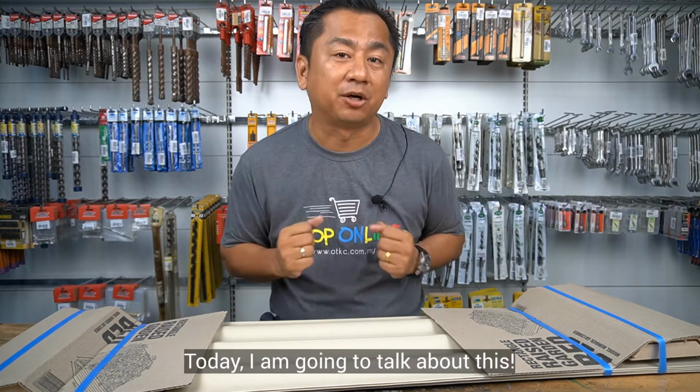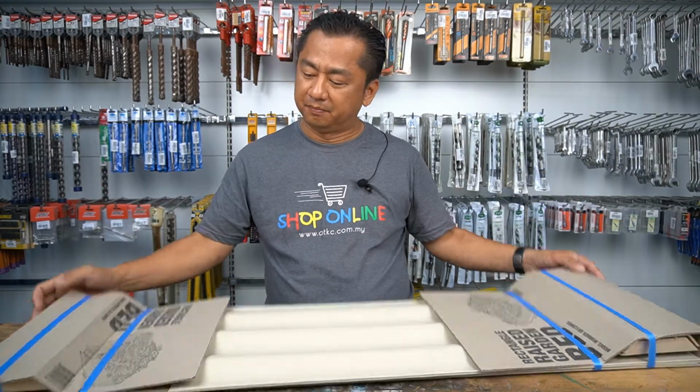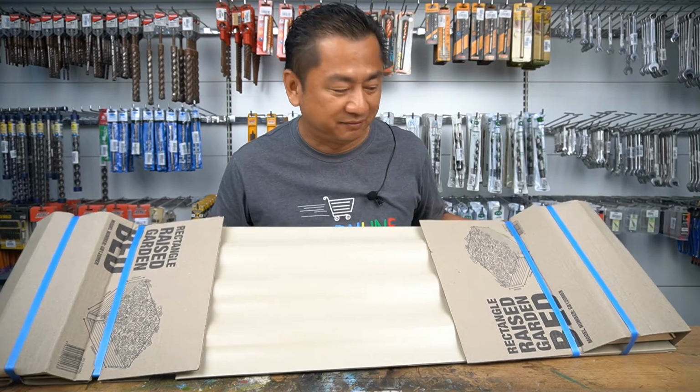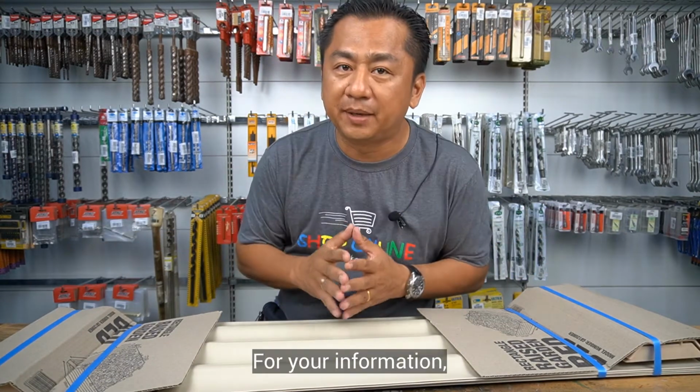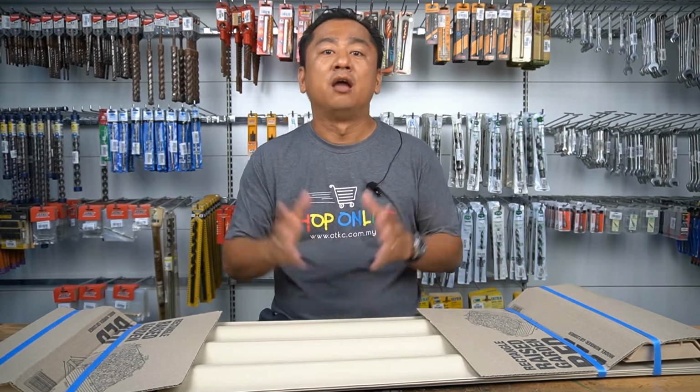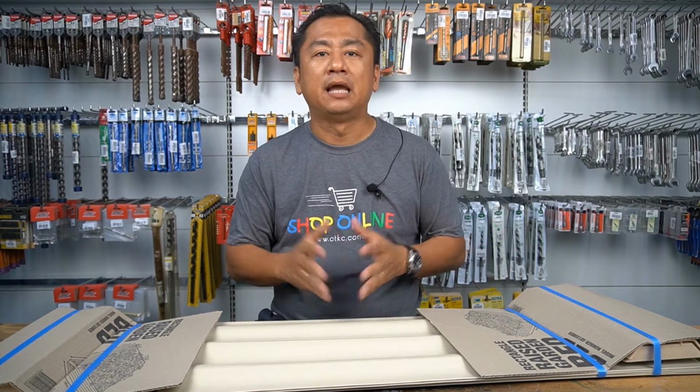Today I'm gonna talk about this Merino Raised Garden Bed, which we have imported directly from Bunnings Warehouse, Australia. For your information, Bunnings is the leading retailer of home and lifestyle products for consumer and commercial customers in Australia